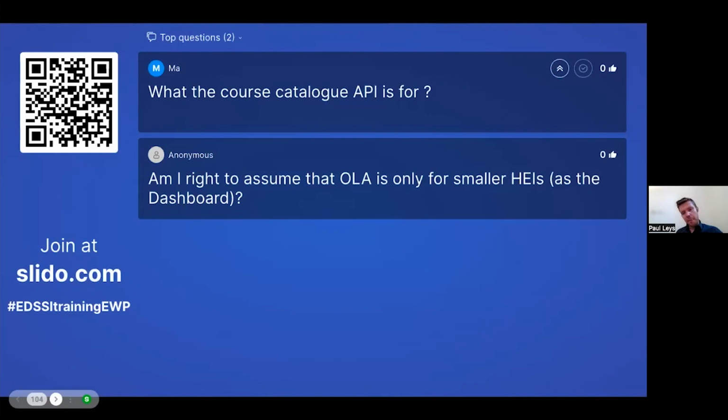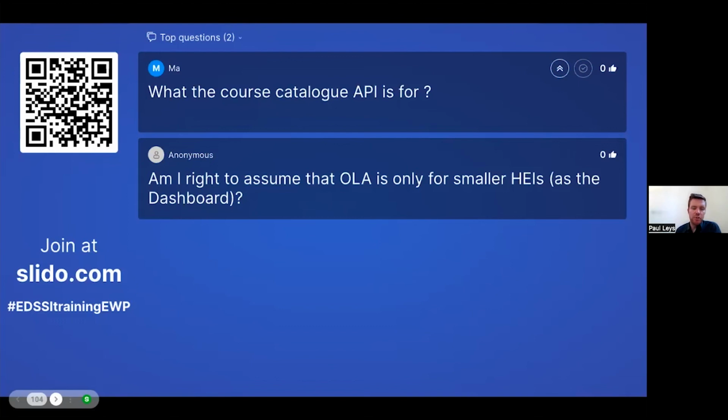First of all, the courses API in EWP is already available, but it's not a stable version yet. I would not yet recommend implementing this API, because we are still working behind the scenes on improving the API itself. But in the end, by using such functionality, you should be able to directly connect your online learning agreement module to the course catalog of the partner university, and their students can directly choose courses. This, of course, is not the case right now, but it's a